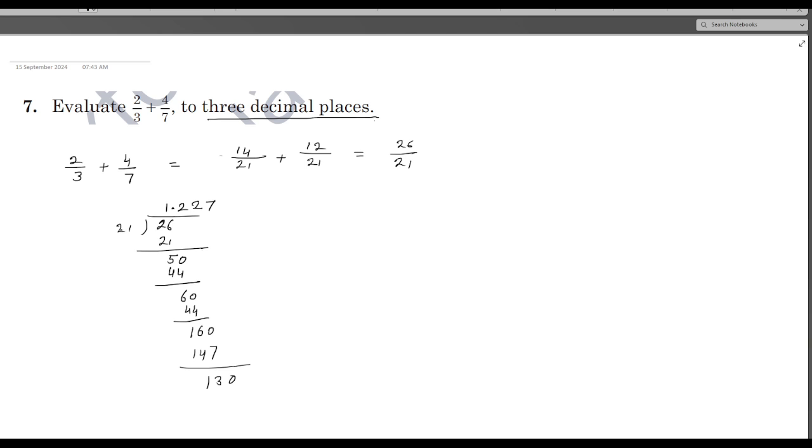Okay, so 21 times 6 if I do, it will be 6 times 1 is 6, 6 times 2 is 12. Now the remainder is 4. So I will stop here. And the result I will say is equal to 1.228. So this 7 will become 8 as the number after 7 is 6, which is more than 5. Okay,